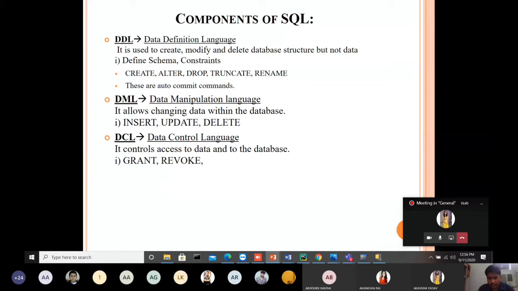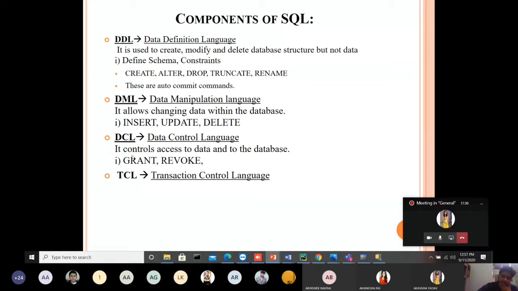If a user wants to create a table and doesn't have permission, that user cannot create any table, modify any value in the table, or access the table. At that time, the DBA will grant the permission to the particular user to access the records, modify, delete or insert. If you want to revoke all those permissions, we have to use the revoke statement.